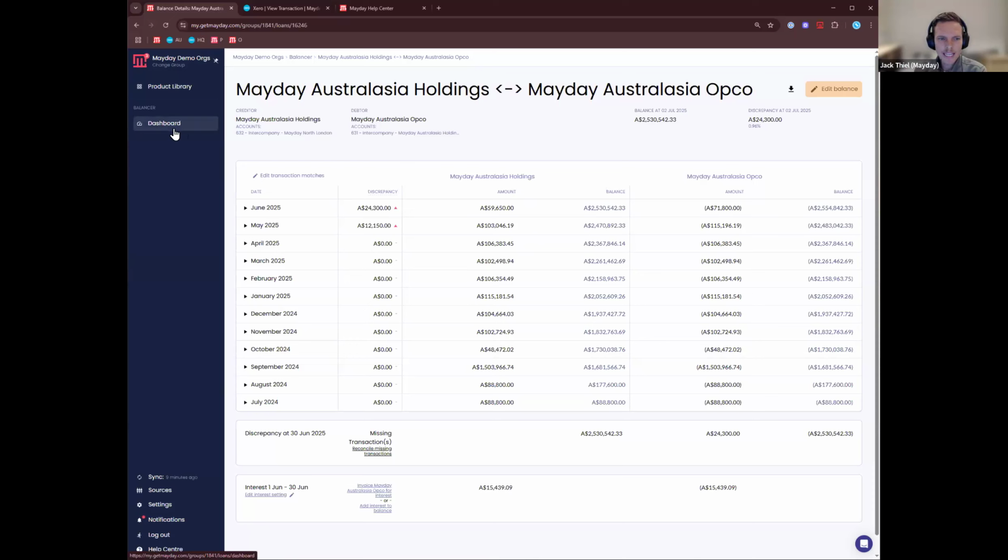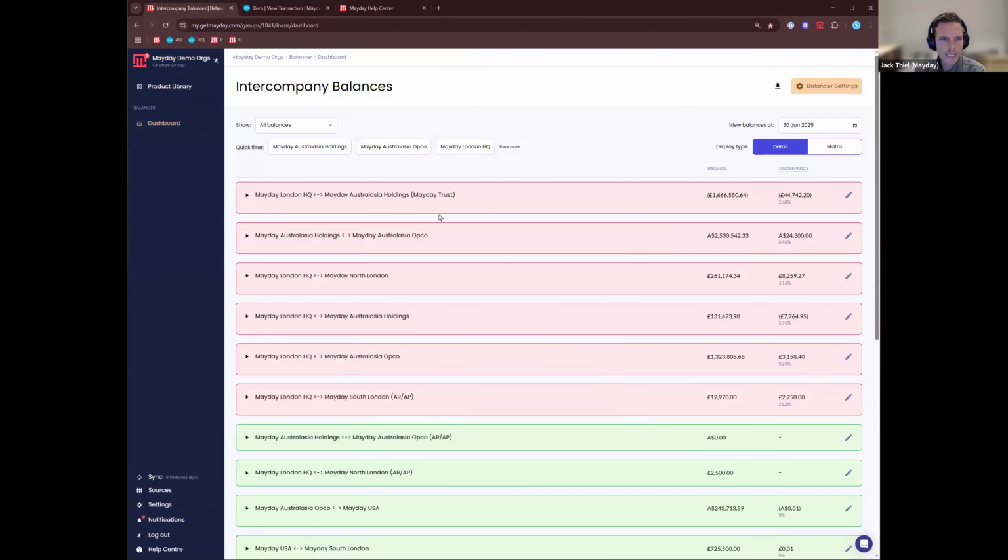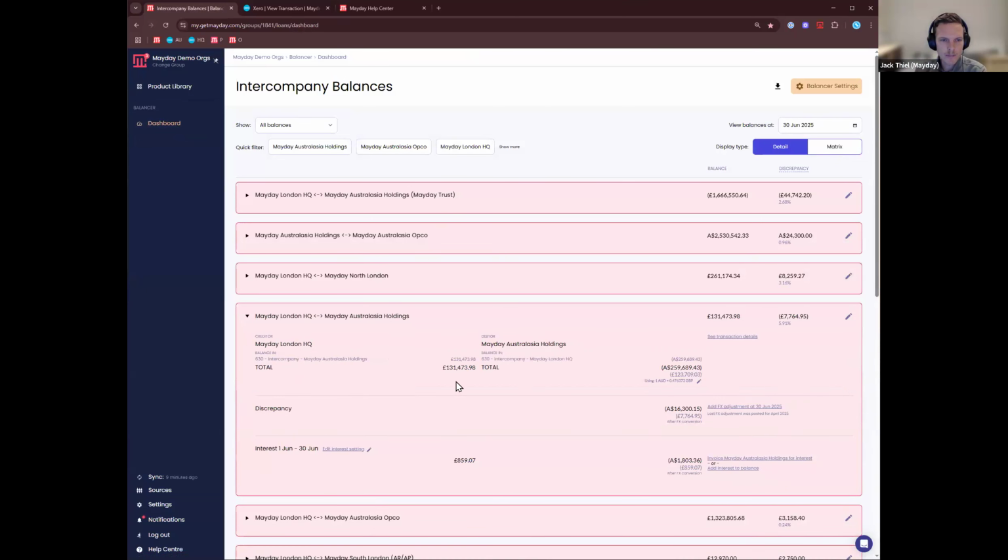Cool. So that's that. Couple of other things to note with respect to balancer. One is FX. If you're dealing with a multi-currency loan, there are some small differences. When we go to look at this balance, you're going to see it over here in one currency, which is GBP, and over here in another currency, which is AUD. This reflects the functional currency of these two Xero files. Depending on what you've got set up, you can override who's the creditor and who's the debtor, but by default,